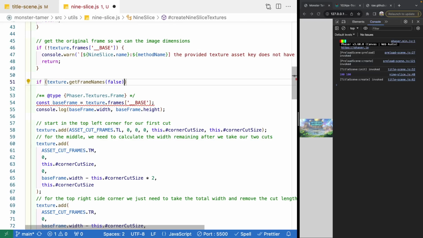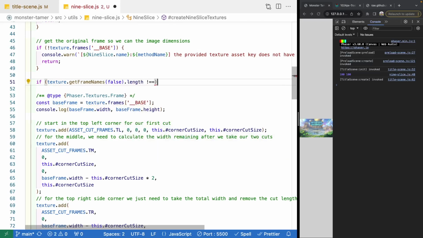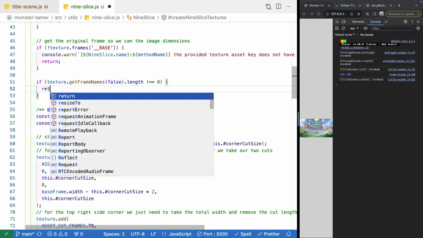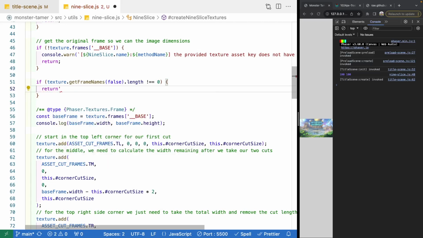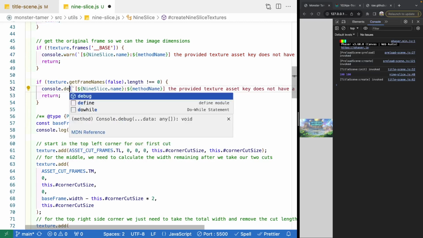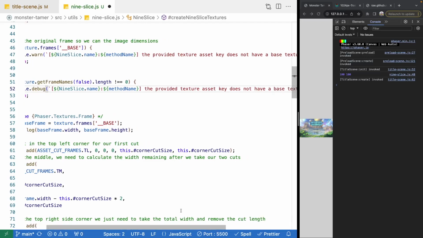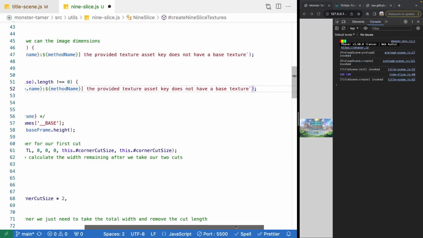And so we can use that and check our length, and we'll say if our length does not equal 0, then we want to just return early. To keep track of that, we're going to do a console log statement, but this won't be a warning. We'll just do this as a debug, since this will happen if we create 2 instances. And so we'll say the provided texture asset key